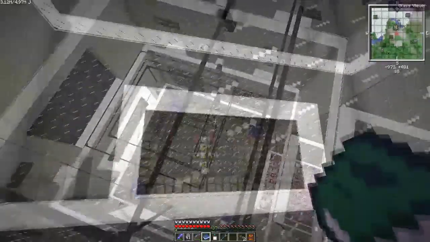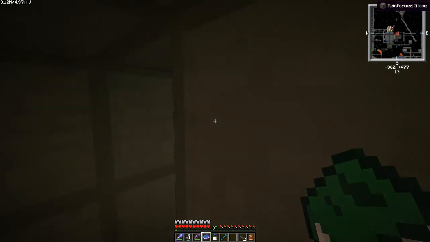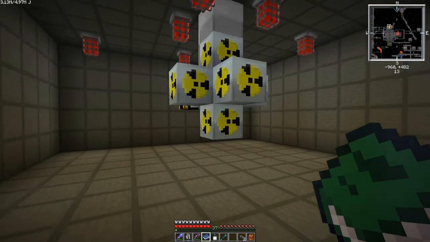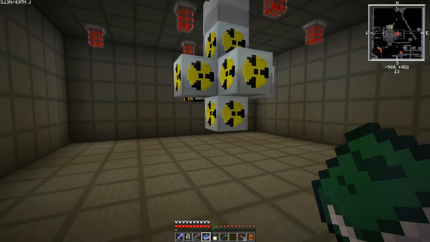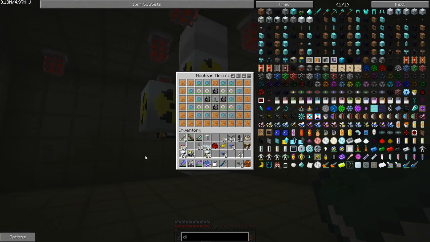So yeah, here is the plan. Firstly, I have redesigned my reactor layout. The last reactor layout produced 800 re-enriched uranium cells per 13-hour 46-minute cycle. Now, this layout, according to the IC2 reactor planner, which is out of date because it still reads my old one as producing 800 cells per cycle and having a 13-hour 46-minute cycle, but according to that, this produces 2,000